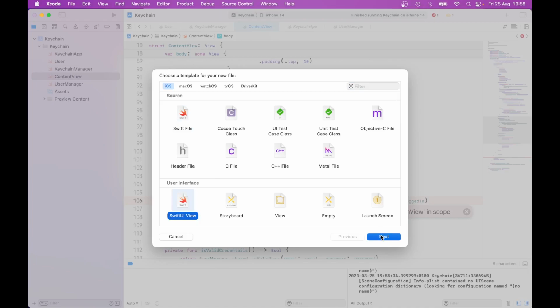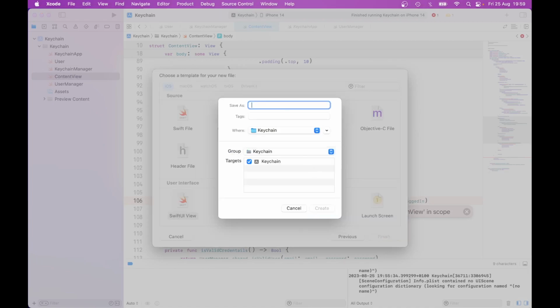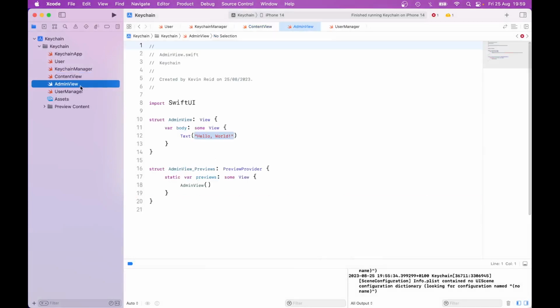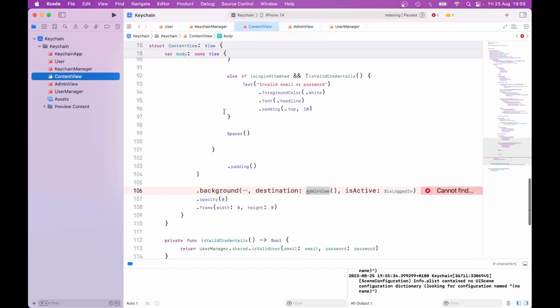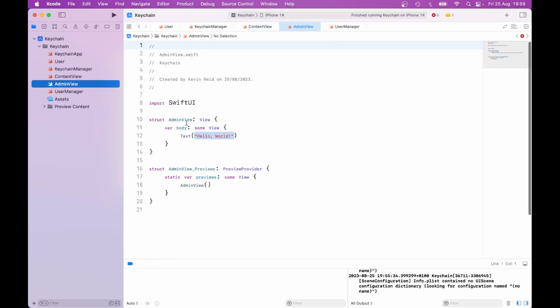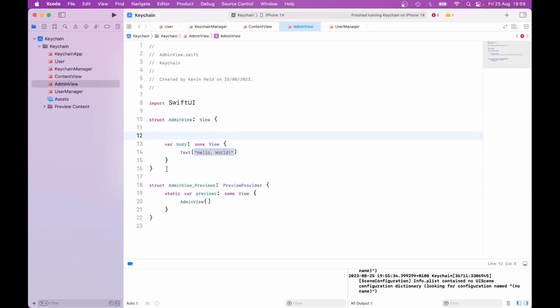Just select Swift UI, give it a name of admin view, and then the next thing we need to do is within the admin view we just need to delete the preview